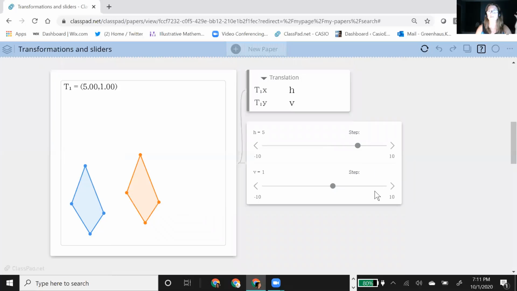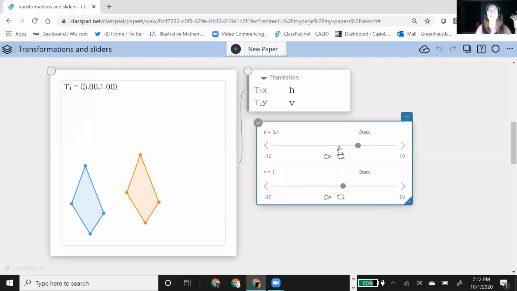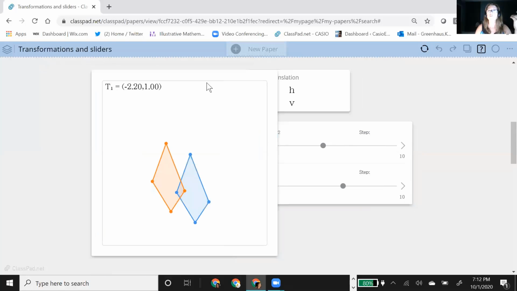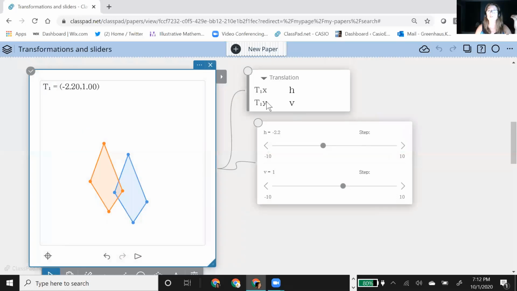That's always nice. But now I can explore. So what is this H, this X, what's it doing? It's moving it left, or, oops, I probably need to move my original over so you can see it a little. There we go. So now I can explore, what do I think, what are these coordinates doing?